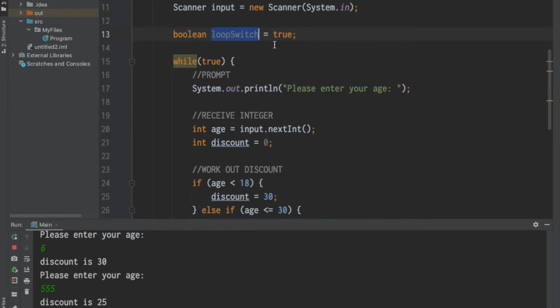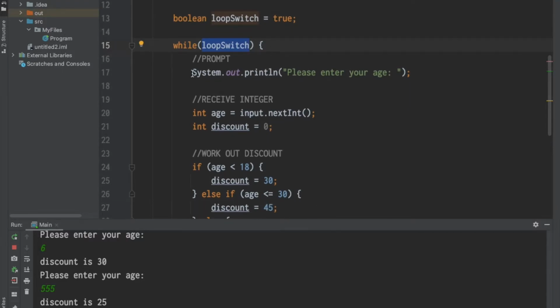So if we replace this word inside the loop with this variable, and if I leave the code as it is, that will infinitely repeat, because that loop switch will never stop being true. Now, what's interesting is the prompt: please enter your age, or enter -1 to exit. So look at what I've changed in my prompt. I say enter your age, or if you don't want to keep on looping, enter -1. We receive the age,